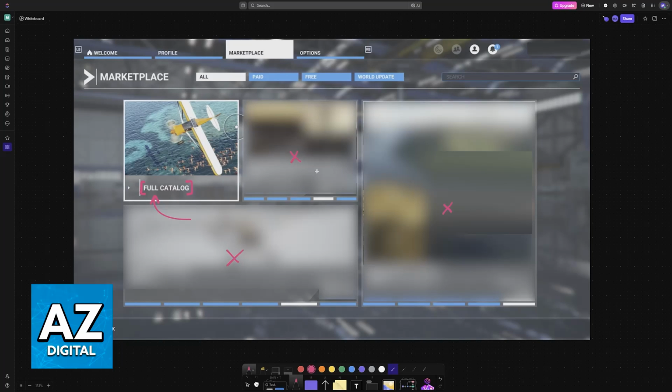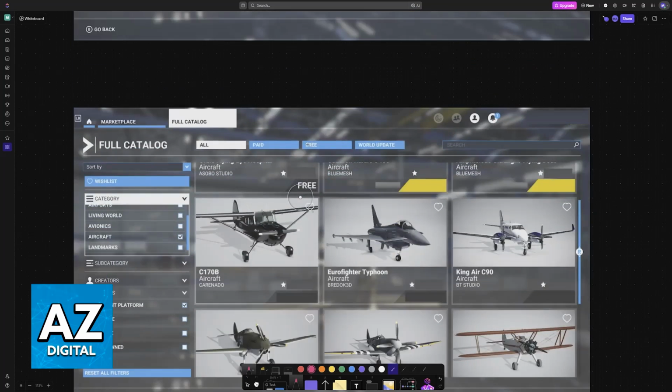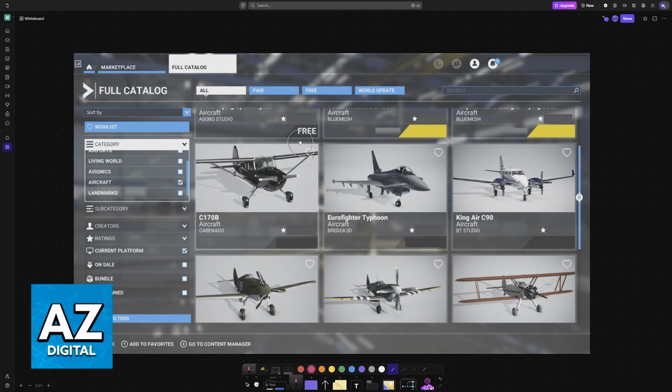Keep in mind that most of the items available here, including most planes, will be paid, but you do have a free section. So if you just want to see the free items, you can use this menu at the top. But if you go over to the full catalog, you will then be able to browse through everything, paid or free. So the price will be displayed in your local currency. Some items might be on sale, so you will see the price displayed here crossed over, and you can choose to purchase any of them.